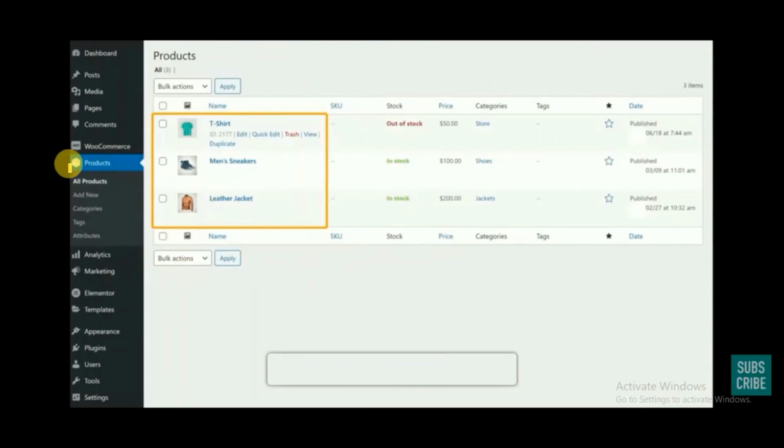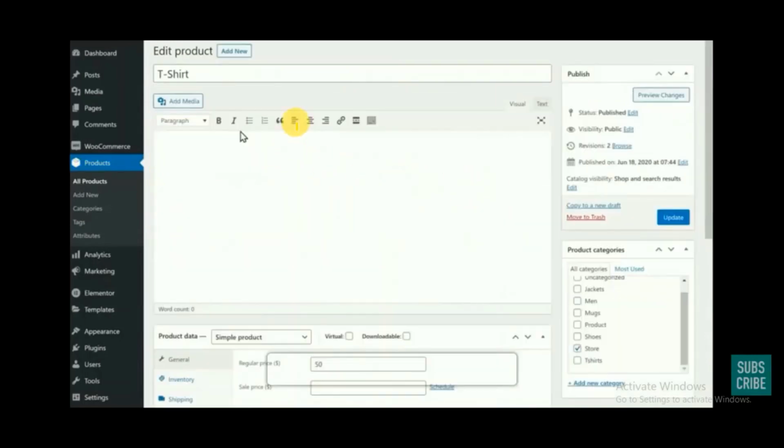If you go to the product section, here you can find all the products you have posted on your website. Here you can find one of the products is out of stock. To make it back in stock, you just click on this product, and you land on this kind of page.